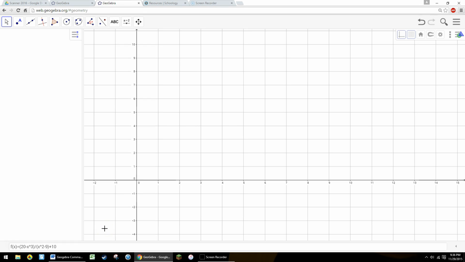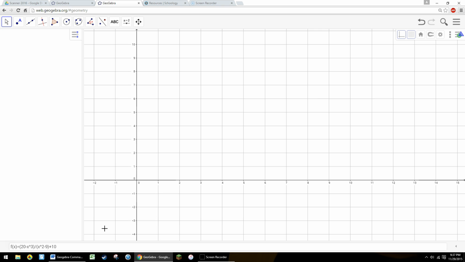Welcome, ladies and gentlemen. Today in this installment I'm going to teach you how to use GeoGebra to find some basic information from a function. In this case we're going to learn how to make a table of values, find a max, and find a zero. Now to do that, the first thing I'm going to need is a function,